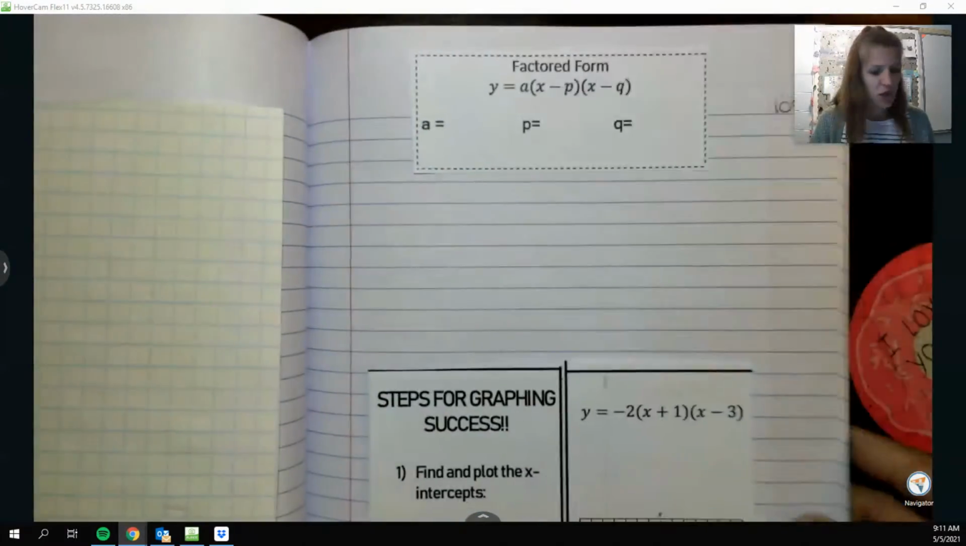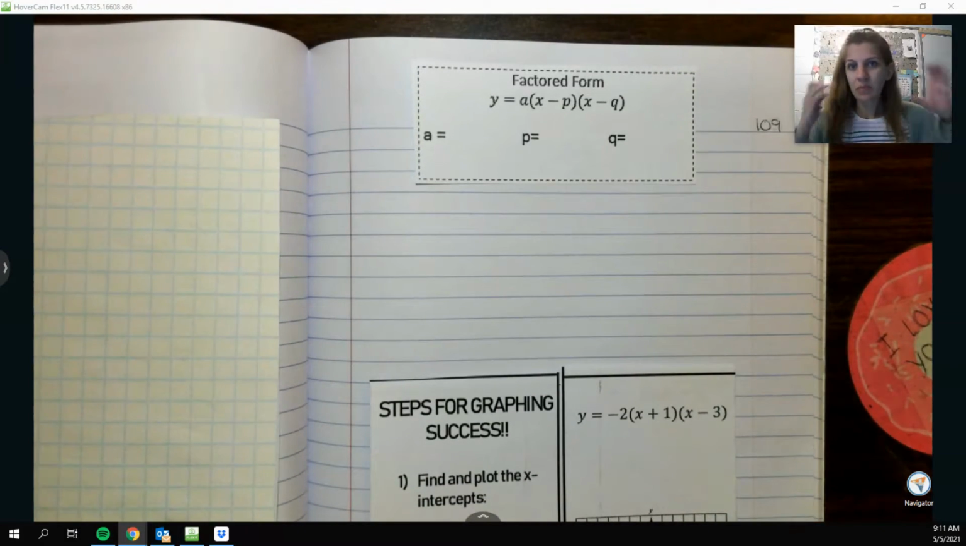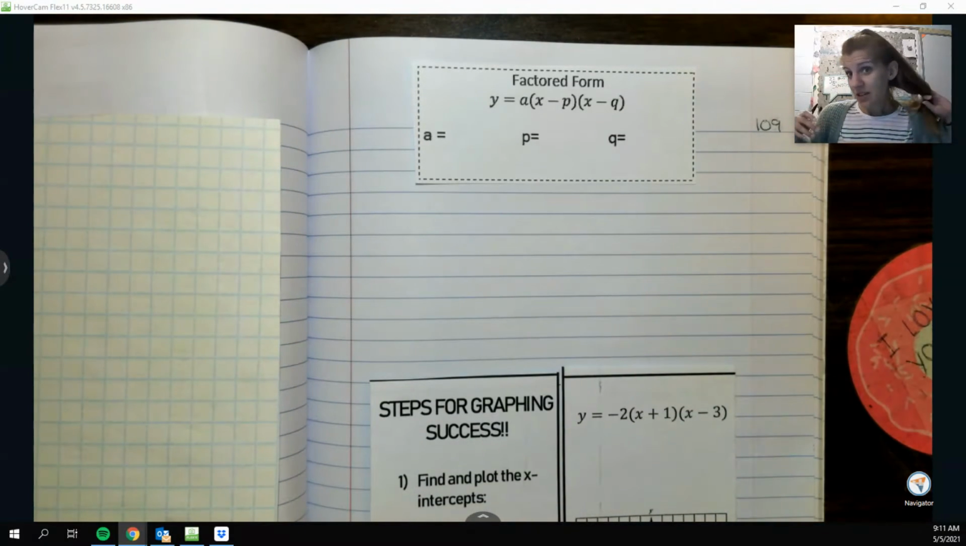Alrighty. So like I've been doing in all of them, on 108, we're going to do some extra examples in a separate video. We're going to start on 109 here. So graphing in factored form